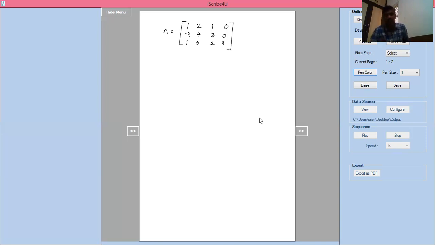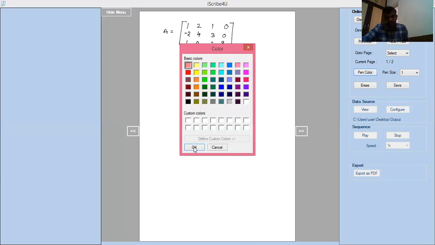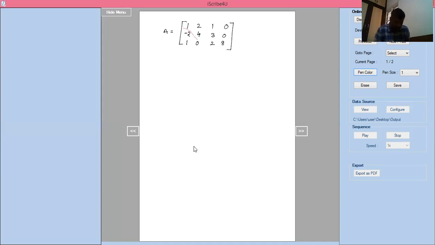Here, first we should identify the principal diagonal elements. You have to identify the principal diagonal elements. Which are the principal diagonal elements? These are the principal diagonal elements. Below the principal diagonal elements, we have to make 0. In the first step, I have to make these two elements 0. This is the principal diagonal.